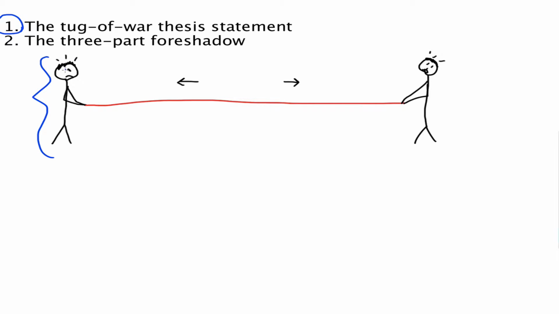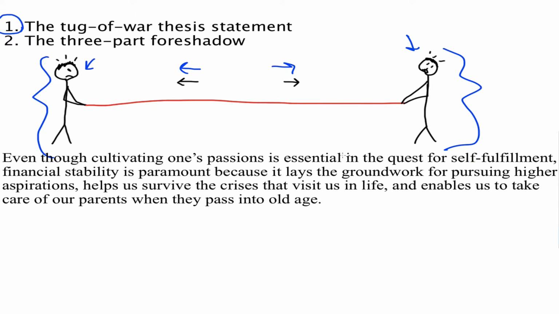So one way I like to conceive of the tug-of-war thesis statement is literally to think of two ideas battling it out, pulling in opposite directions, and you're going to declare which of these two stick men, or the stick men of the intellect, is the winner. All right, but this is a little bit abstract right now, a little bit theoretical. So let's actually look at examples to help us out here. Okay, this is an example of a tug-of-war thesis statement.